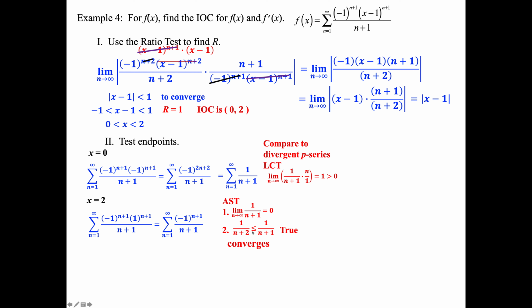And if you cross multiply, or you can see that this denominator is bigger, which means it's going to be smaller than this denominator over here, or this fraction. So that's true, and this converges. So we're going to have to change the parentheses on the 2 to a bracket. So there is our interval for convergence for our f of x. All right, so now we've determined